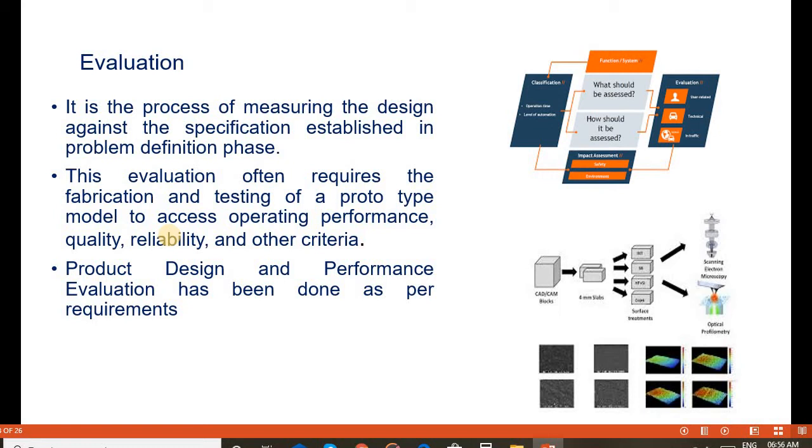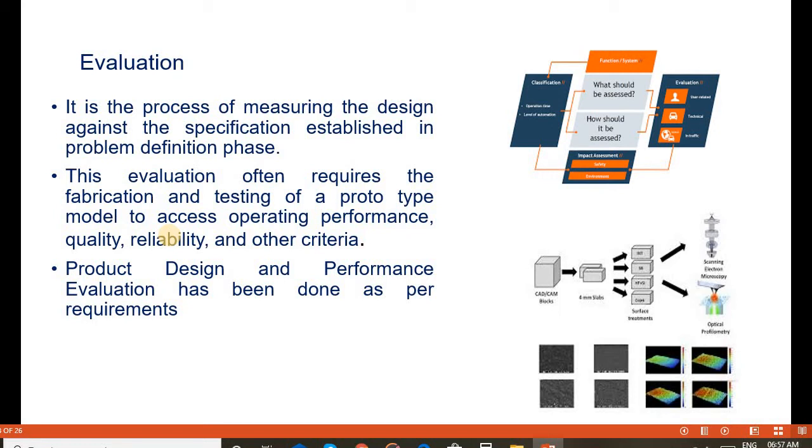It is the measuring of the design against the specifications established in the problem definition phase. So we can measure all the parameters which are defined in the problem definition phase. The evaluation often requires the fabrication and testing of a prototype model to assess operating performance, quality, reliability, and other criteria.